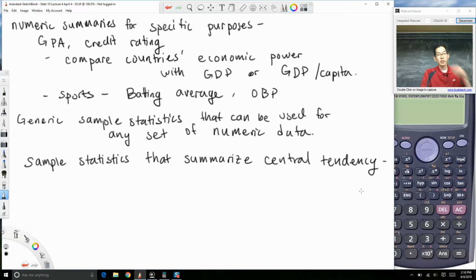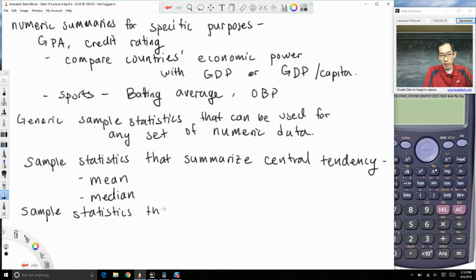Okay, so these would be values like the mean and the median. And then we also have sample statistics that summarize dispersion or spread, and these would be things like the standard deviation,